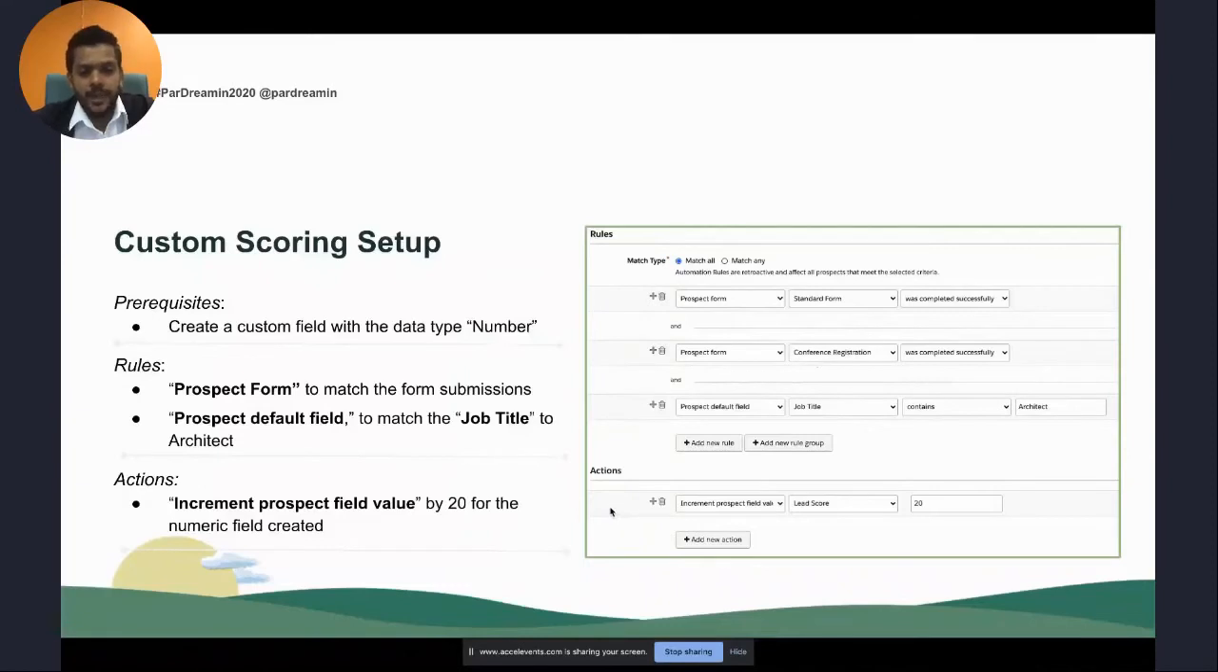And in the actions part, you can use the value increment prospect field value. When you select this action label, in the next dropdown it will show you all the numeric fields you have in Pardot. And from that, you can select the field you created here, and you can enter the score you want to